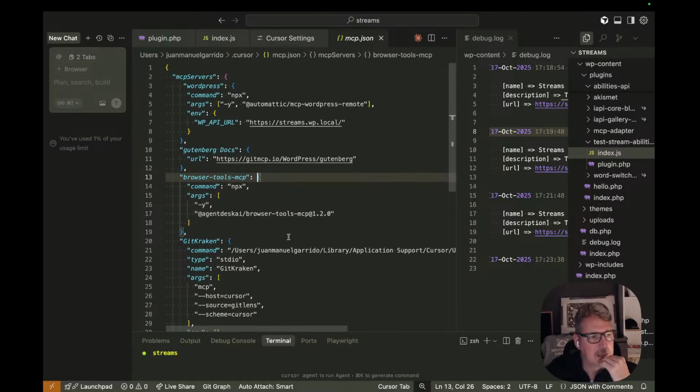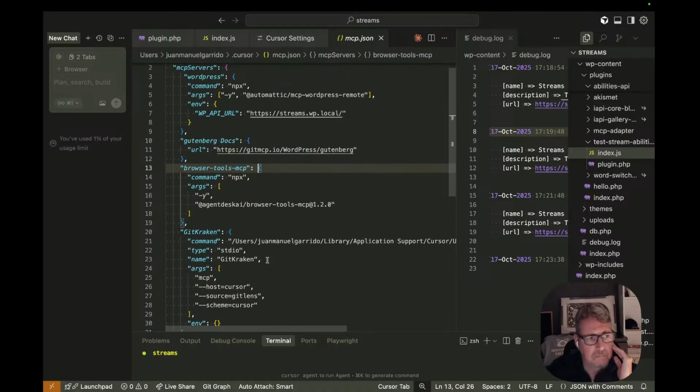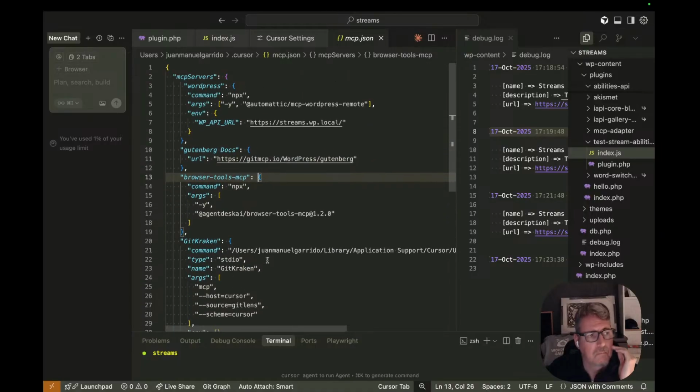Args, name, type, command, npx, args, the same. And the WP API URL is this one, so